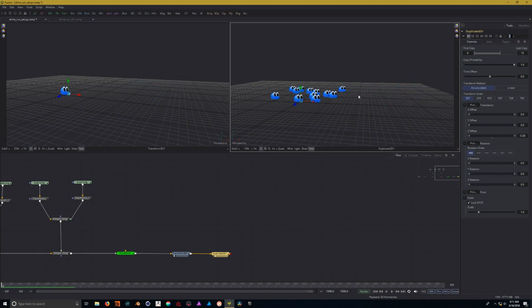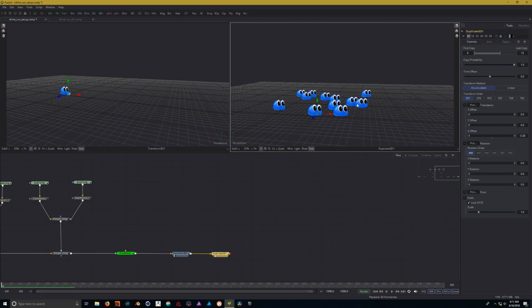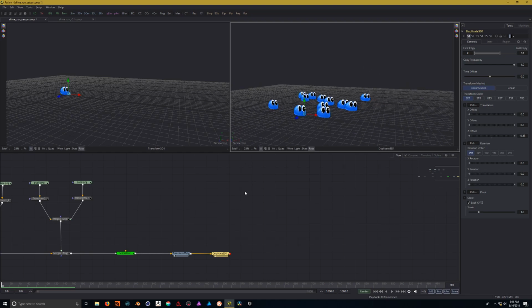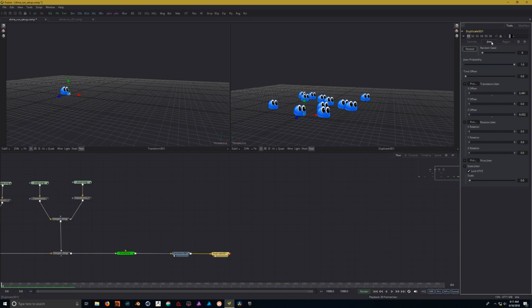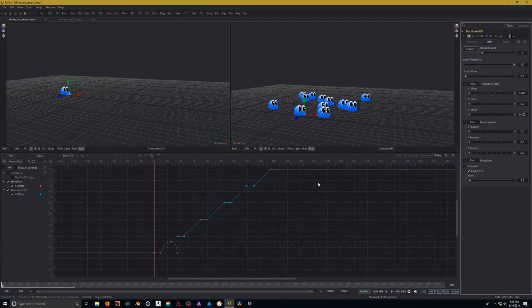All right. So this is another little powerful feature in the duplicate 3D. If I click on the Jitter tab, what I'm going to do is come down to this time offset. Now, the way this works is that it's going to take each individual element and it's going to start the animation, this entire animation that we've set up. It's going to start it based off of the frame number, but it's also going to be random. Okay, so if I set this to say 20,